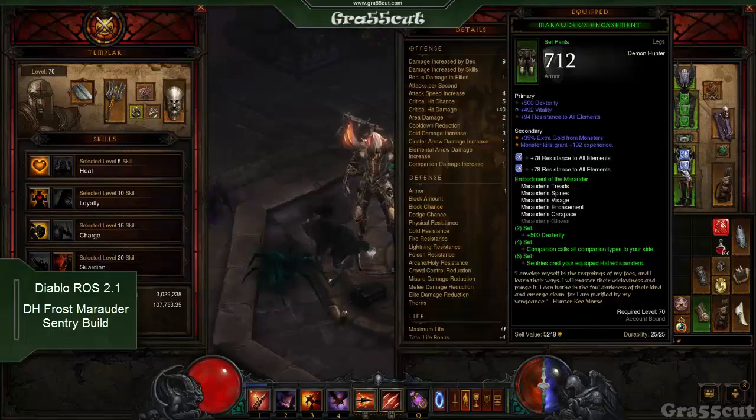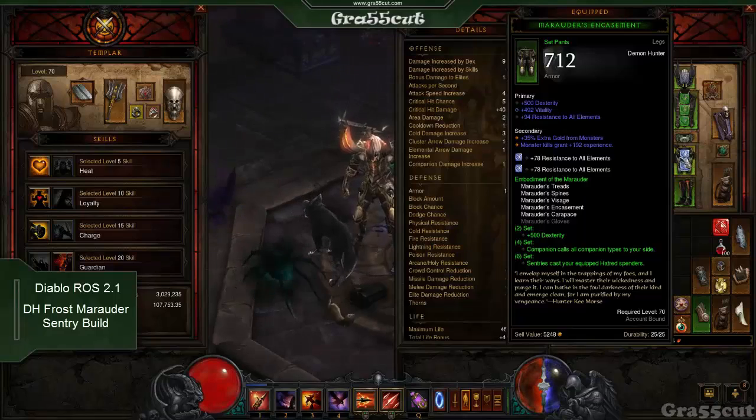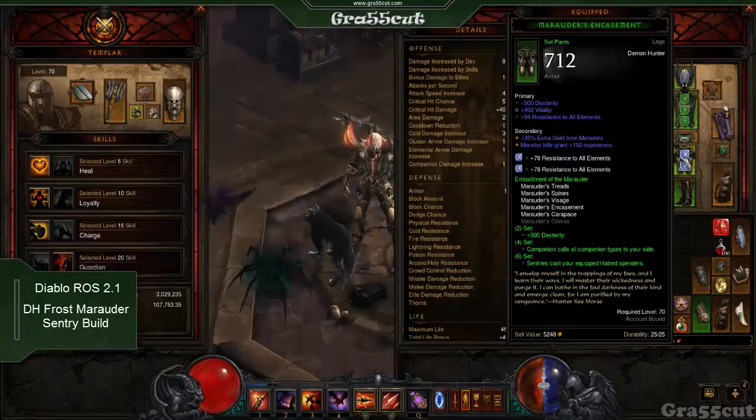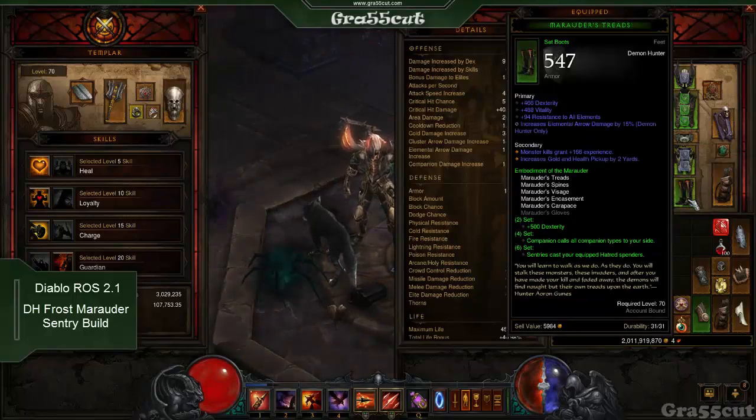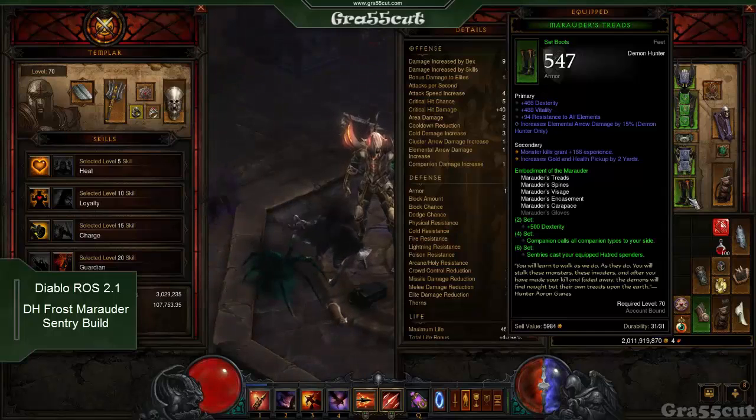You can get chest pants with armor, but I prefer the all resist, so that's why I got this one. I do have another one in the stash that has armor, which I was using, but once I got this, I was so happy, especially the 500 dex. And the boots,